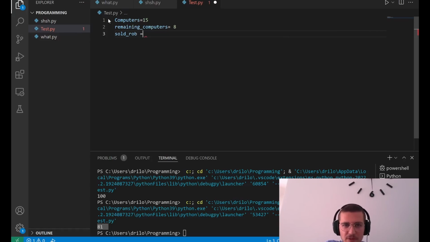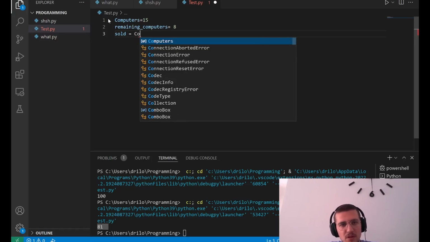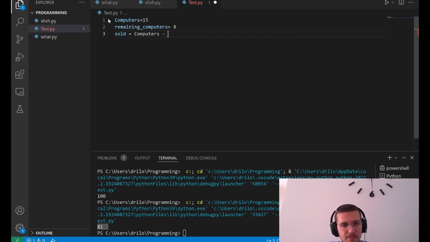I'm just saying robot for the sake of making it easier, because I can keep stories in mind much easier, but you can write it even less crowded in a minimalistic way, like sold is equal to computers minus remaining computers. So what this robot called sold will do, it will go open up the box named computers, will see the number 15, take it with it, and then go to the remaining computers, open that box and see the number 8, and then it will subtract the 8 from the 15, and in the end we will have